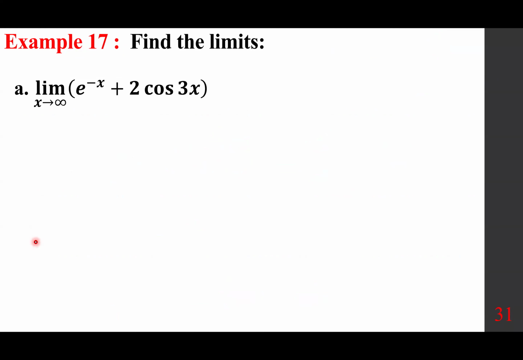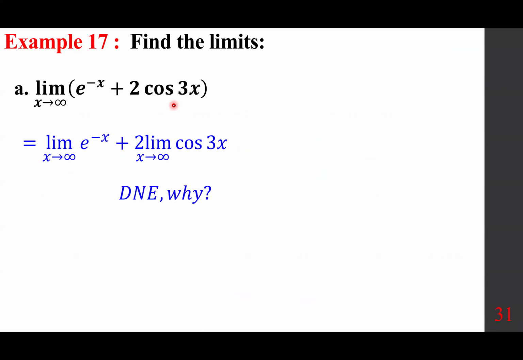The limit of e to the power minus x plus 2 cosine 3x as x approaches infinity, we first cut it into 2 pieces. Limit of this piece plus 2 times the limit of this piece. And this doesn't exist. Why is that? First and foremost, everybody, this you plug in goes to 0. So that's fine. 0 plus 1. Now this piece,